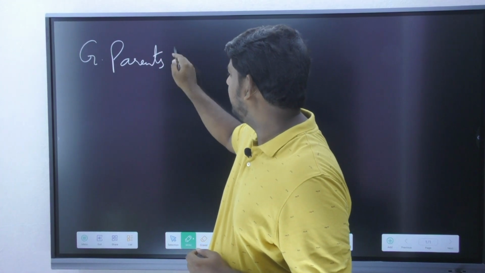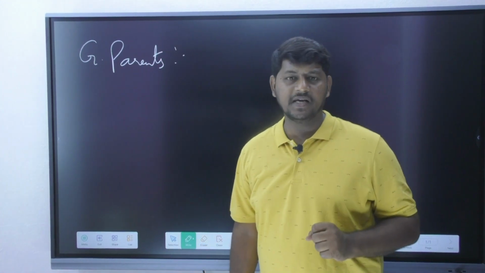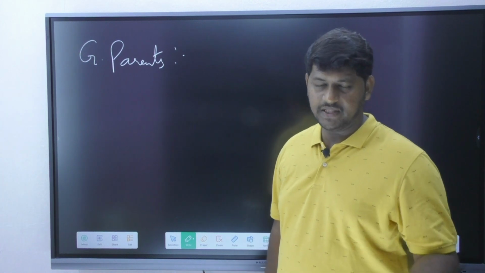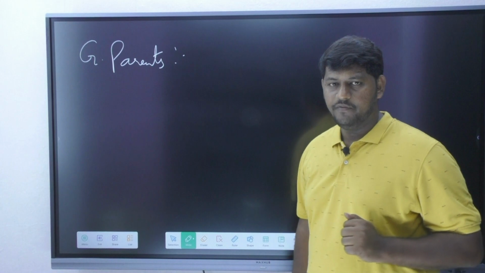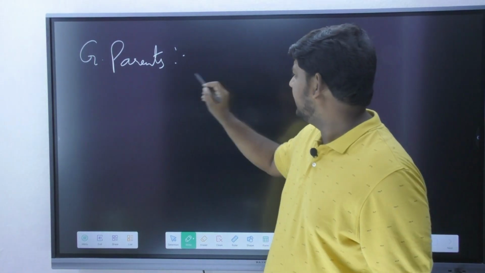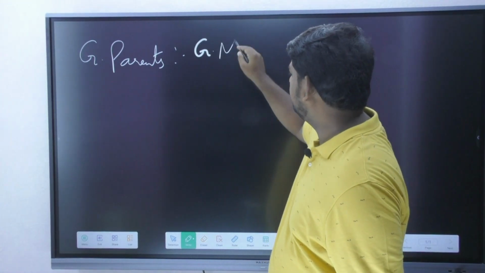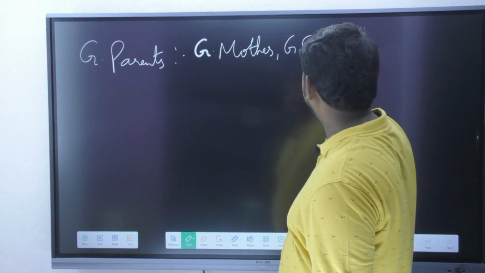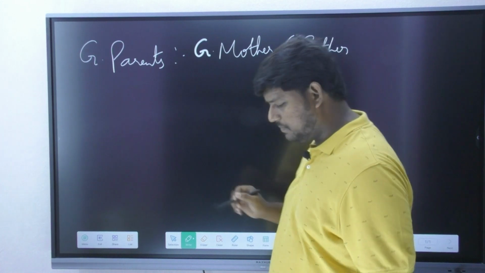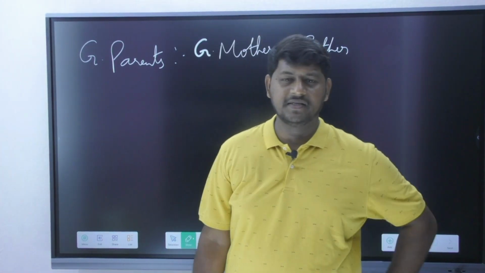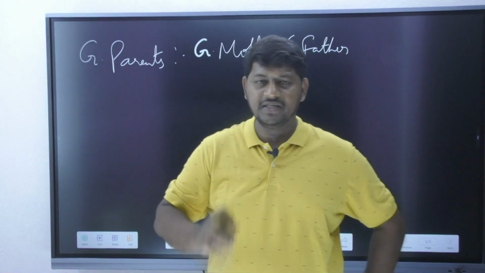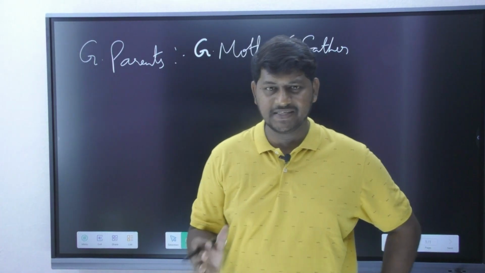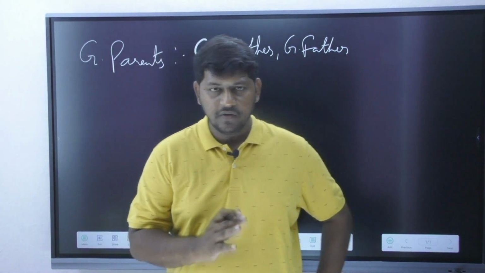Now you know it very well, grandparents are going to occur to us from both the sides, from your mother side and as well as from your father side. But first of all, tell me, grandparents include both your grandmother and as well as grandfather. Am I correct? But as we discussed just now very clearly, these relations are going to happen to us from both the sides, from your mother side and as well as from your father side.